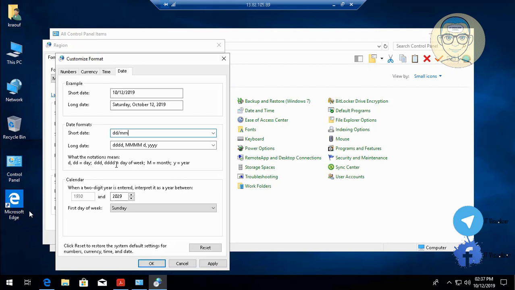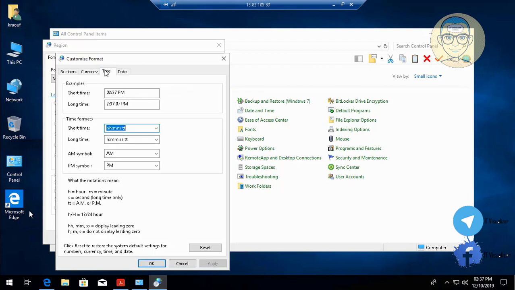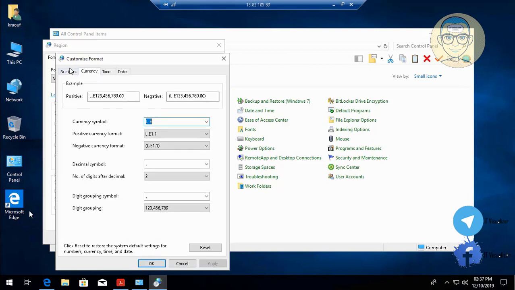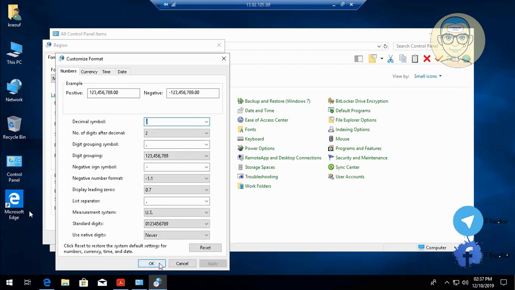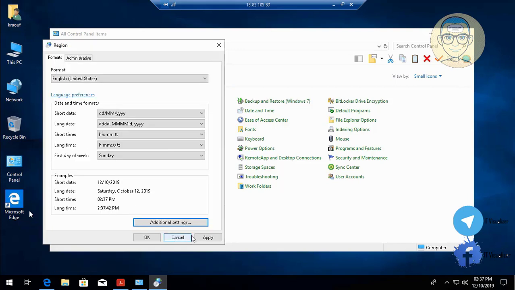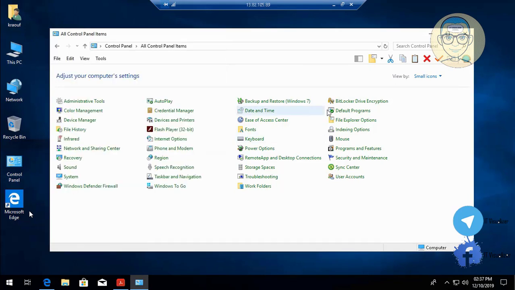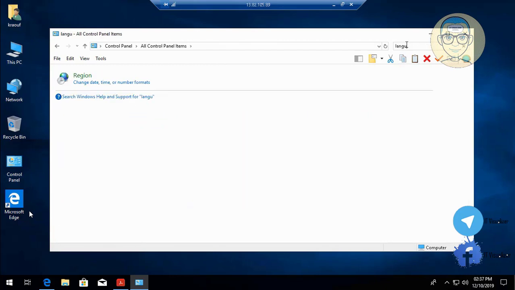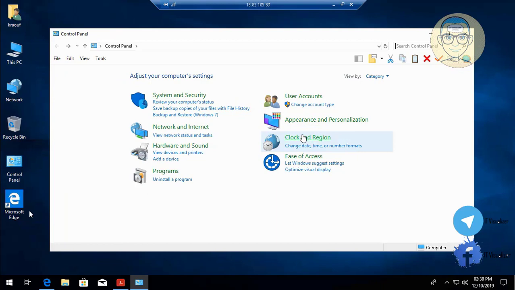Okay, so this is the date format. DD is for day, MM for month, and YYYY for year. This is the format for the date, the time, and the currency. Okay, and we have changed a couple of things, and then we will add the English and Arabic keyboard layout. Here I thought that I had seen something called language in the Control Panel, but I didn't see it here. Anyway,